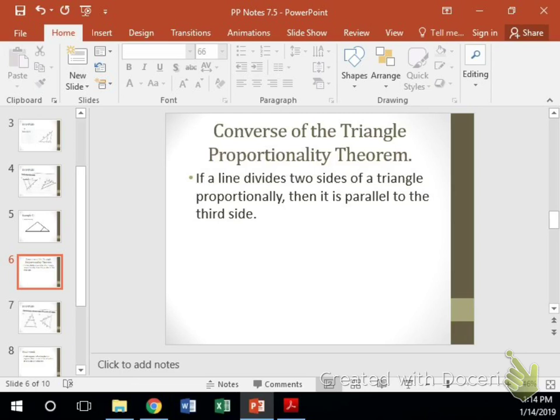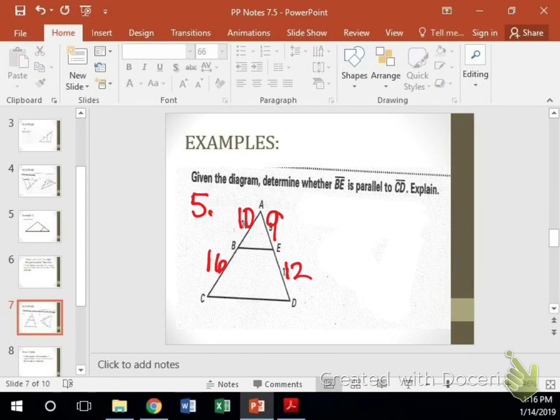The converse states that if a line divides two sides of a triangle proportionally, then that line is parallel to the third side. So it goes the other way. This time, instead of knowing that the lines are parallel, we are going to show that the lines are parallel. We know the segments are proportional, which we'll be able to use to show the lines are parallel. All right, if we are trying to show that these are parallel to each other, we're trying to decide if they are parallel or not. If they're going to be parallel,